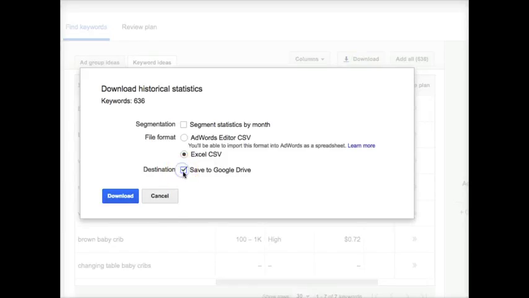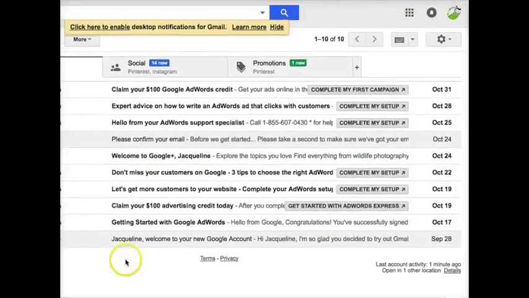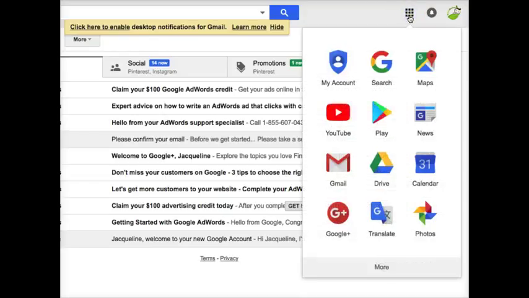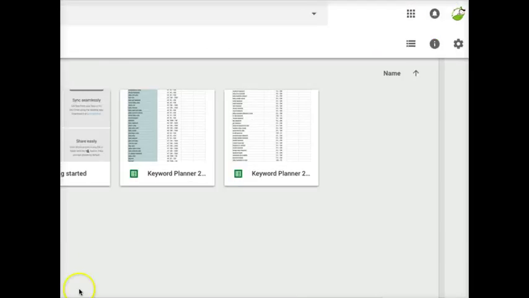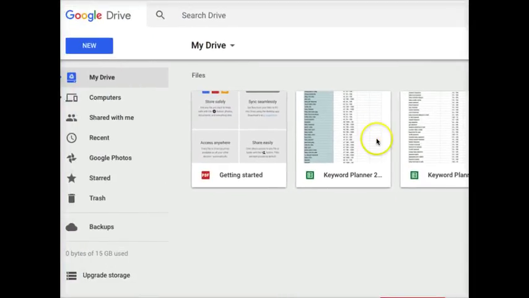And if you click this box, destination, save to Google Drive, that's going to put it in your Google account. So you can come in here to your Gmail, and up at the top right you click on this little apps button and go to Drive, and that will open up your Google Drive account. You can see this is where I've already downloaded some keyword data for you from the Keyword Planner.